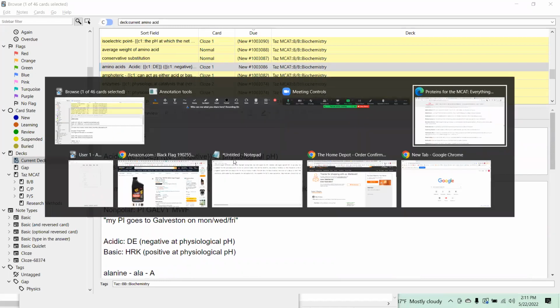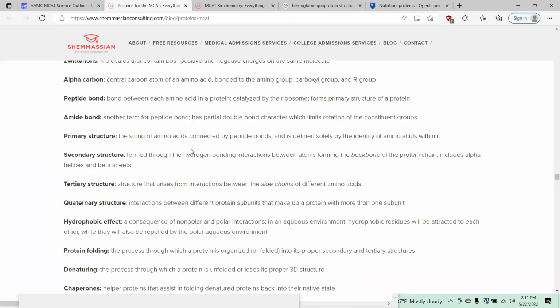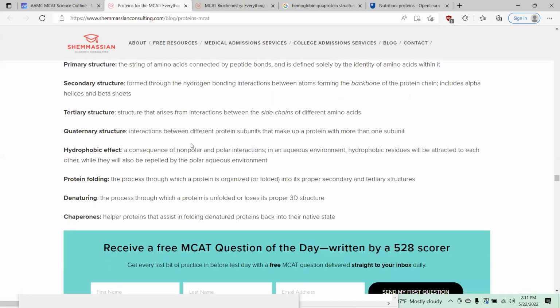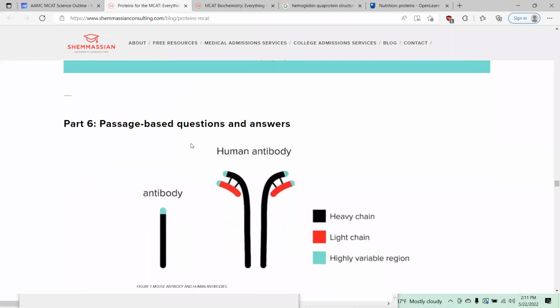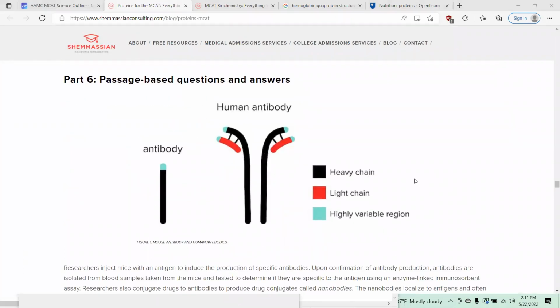As we go through the content, we're going to open up the cards and go through the cards one by one. Okay, so now the question is, right, hold on, let me just